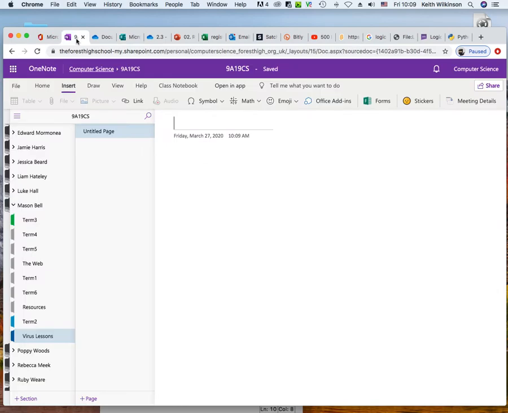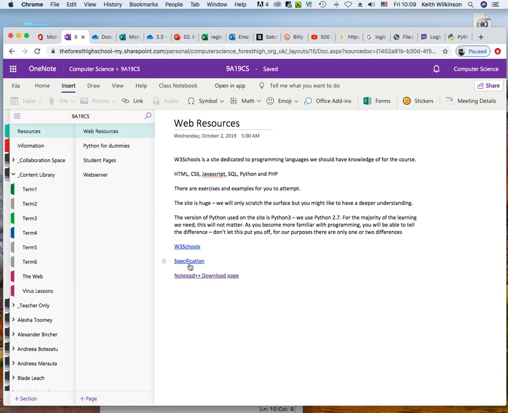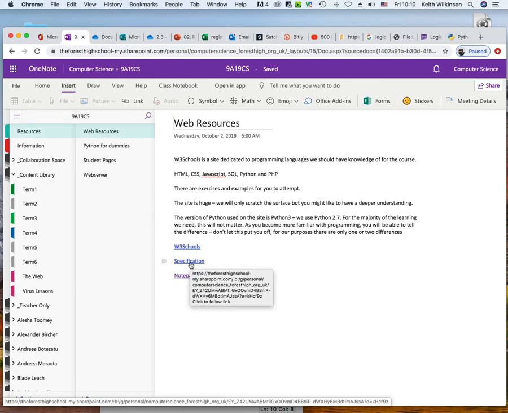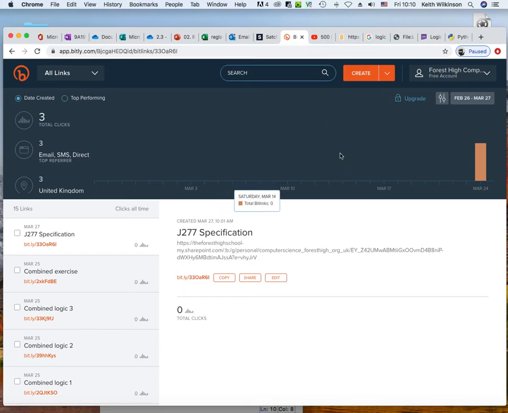Last thing, remember I showed you this link. Let's go back to the top of the page in resources, hover over specification. This big link here, what I've done is I've gone to this company called Bitly, which changes the link, and here I've put that specification. As you can see here, there's the normal link. That's a bit too big to go into Show My Homework, and it messes things up. So what this does is shorten the link and gives me just a very small link, which works really nicely in Show My Homework.